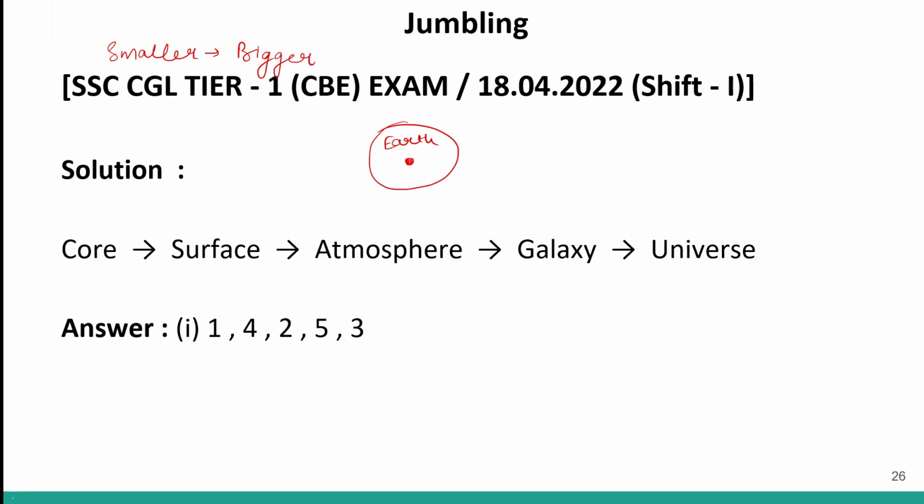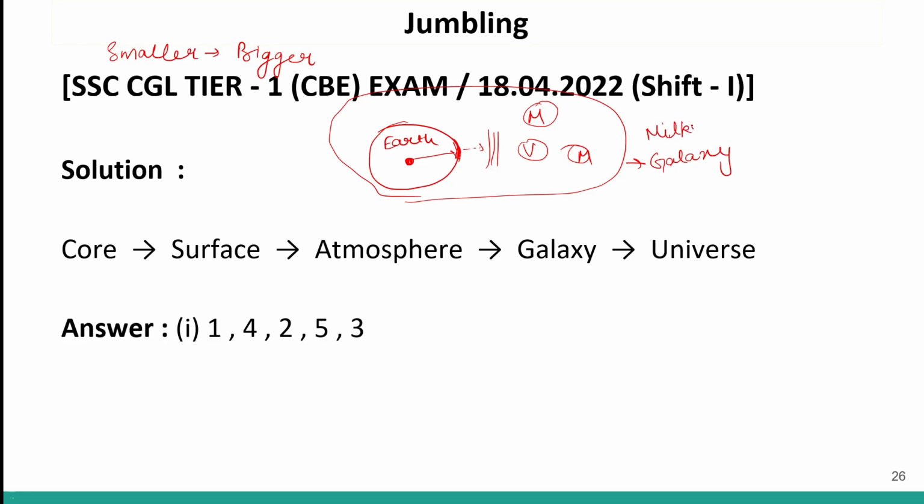So, Earth, when we move forward, we'll come to the surface of the Earth. If we move forward, we'll see the atmosphere of the Earth. Now, when we move forward, we come out. There will be many planets like Earth, Mars, Venus, Mercury, right? All these planets, and this will be called a galaxy, right? This is the Milky Way galaxy,